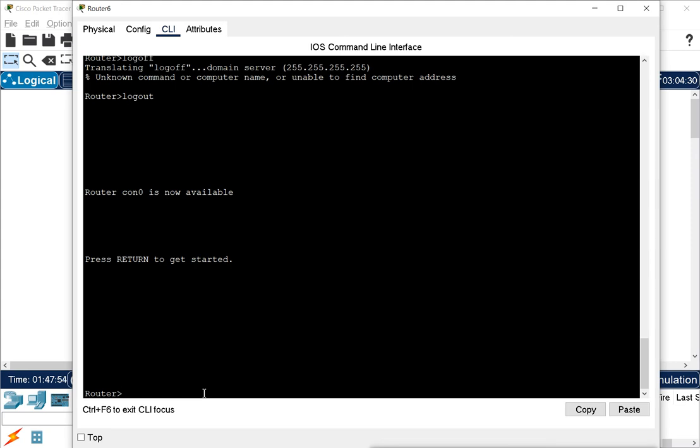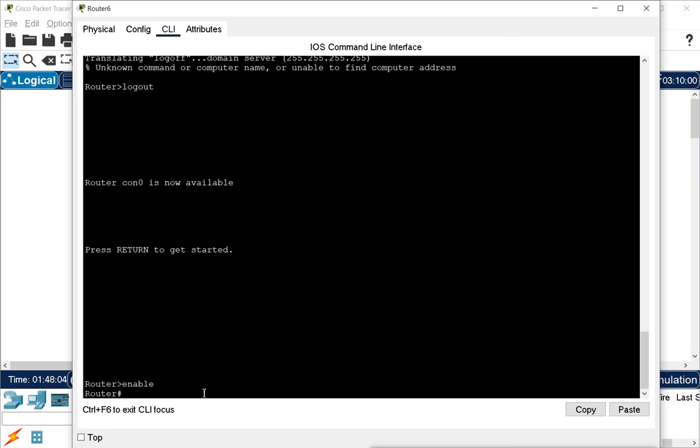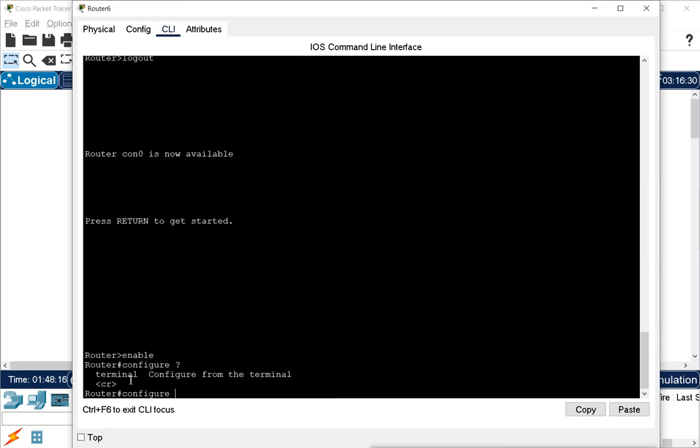When you want to go to enable mode, privilege mode, we give the command enable, and sometimes users say privilege mode also, because we give the enable command here. Now to go to global configuration mode, we give the command configure. And if I give a question mark here, you see we can give a question mark any time in a command. When I give a question mark here, it shows the options I can give. I can give this command terminal here.